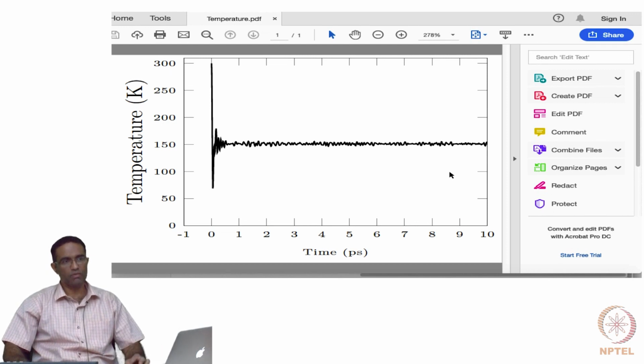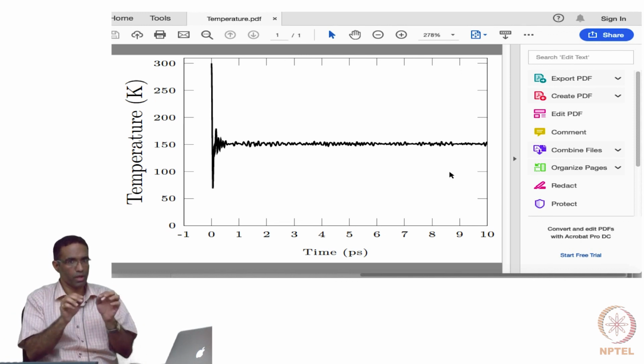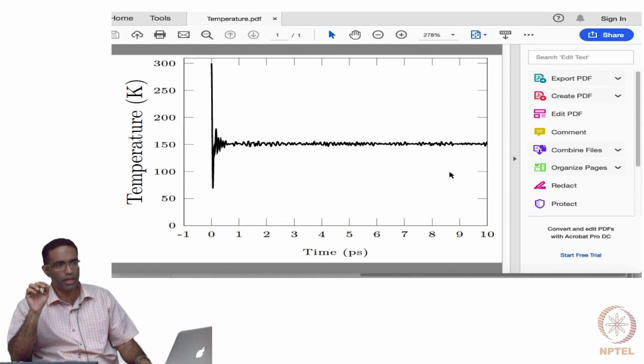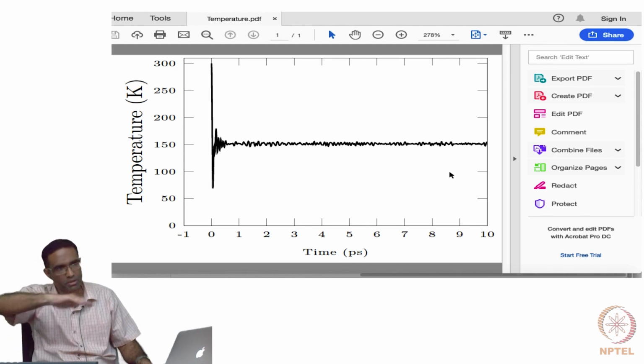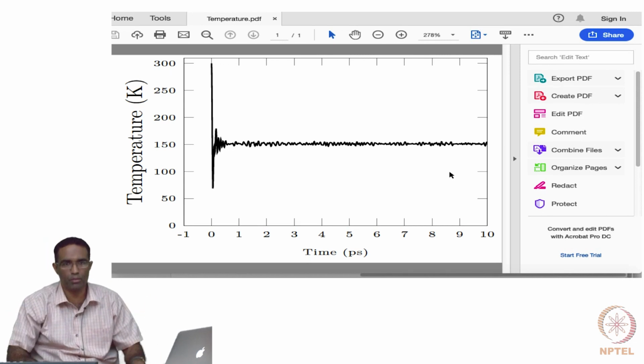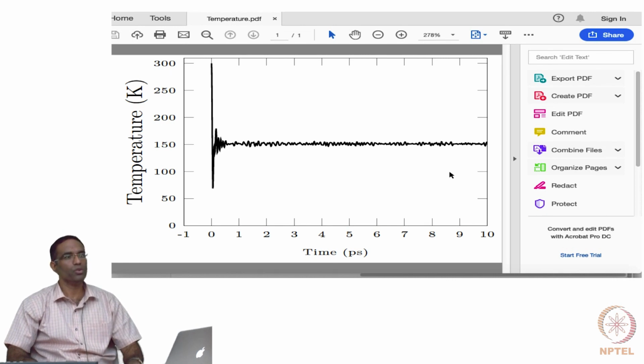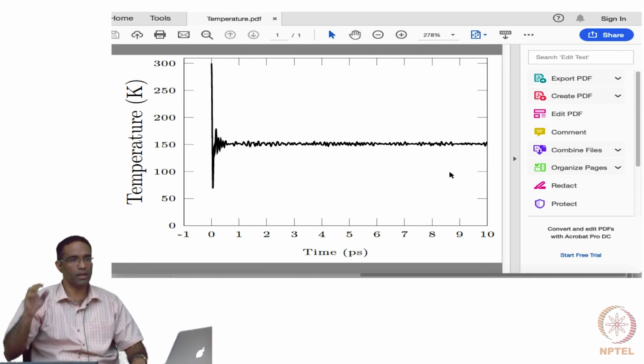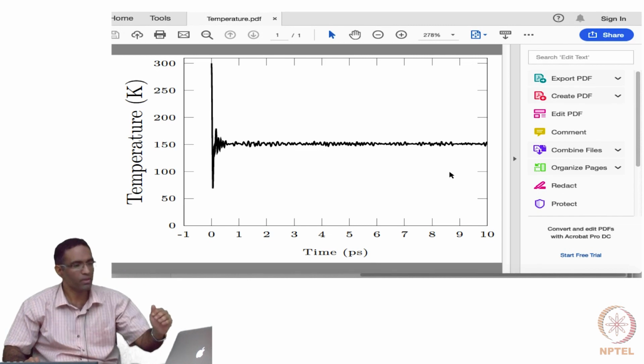Even for systems where the interaction potential is not harmonic, if the atoms are vibrating only a little about their mean positions, even though the interatomic potential may be something as complicated as the Lennard-Jones, within the vicinity of equilibrium it's almost harmonic, right? So even then, you will see the set temperature being twice that of the temperature it reaches at equilibrium. So what do you think is the main reason for this? Why does this happen? Why should it be half? What happens?